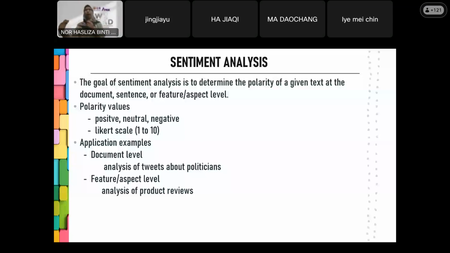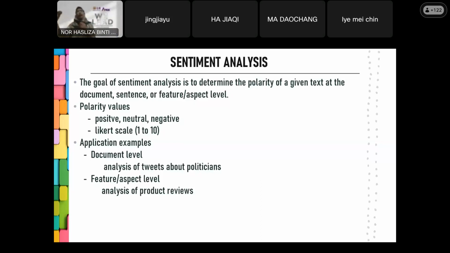For example, if you have 100 content, 20% might be neutral, 60% might be positive, and 30% might be negative. So we try to look at the element of positive and negative and just let it go for the neutral.